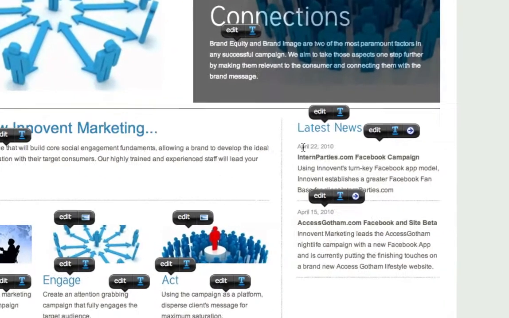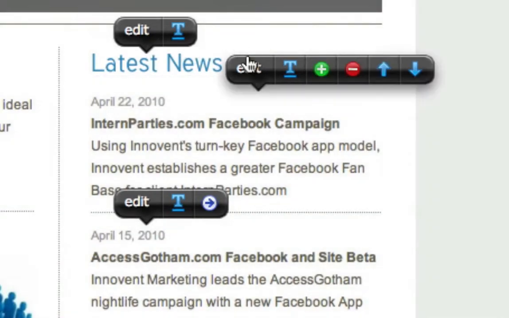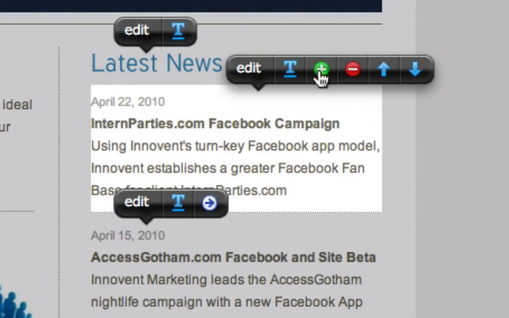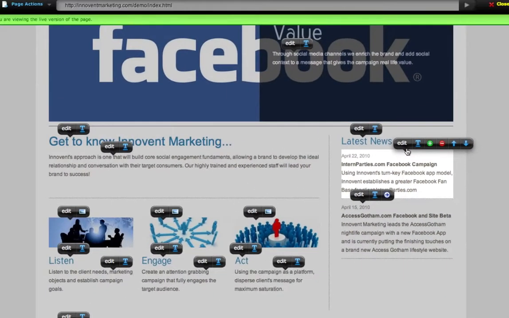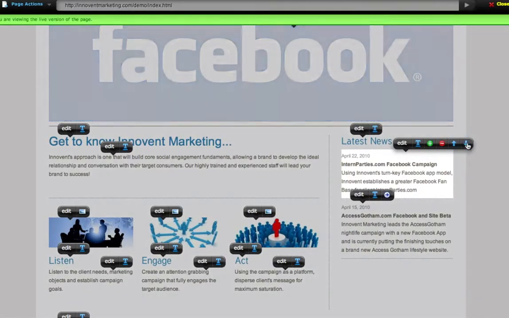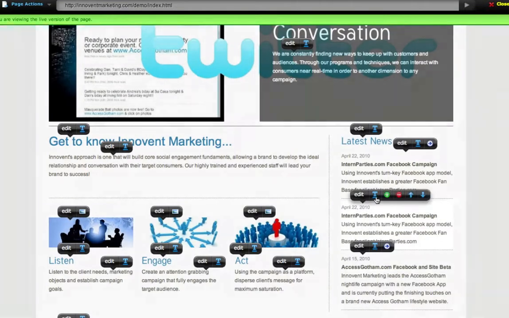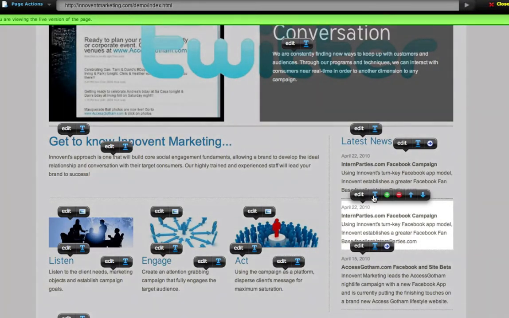You'll notice in this first example that when we hover over this entire element, it is highlighted and becomes editable, as well as giving us a couple new options, a plus, a minus, and an up and down arrow. These are our repeating functions. These allow us to duplicate the event by clicking the plus sign, and then going to our new event and